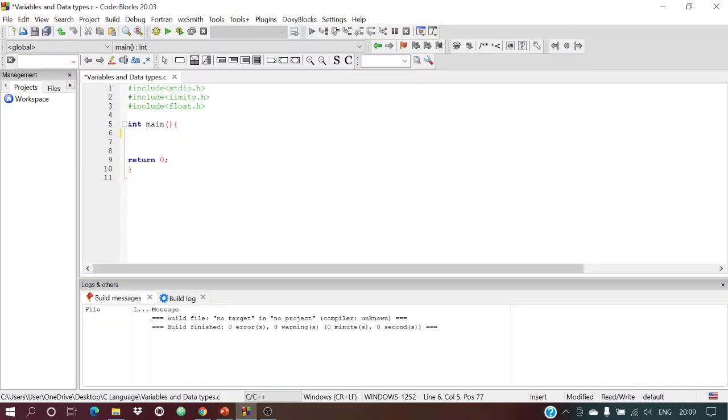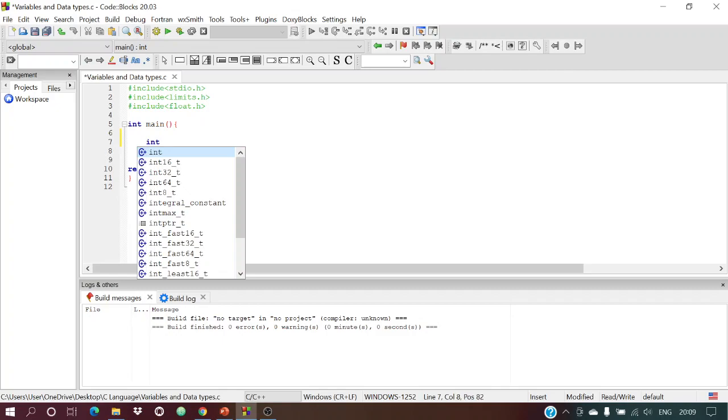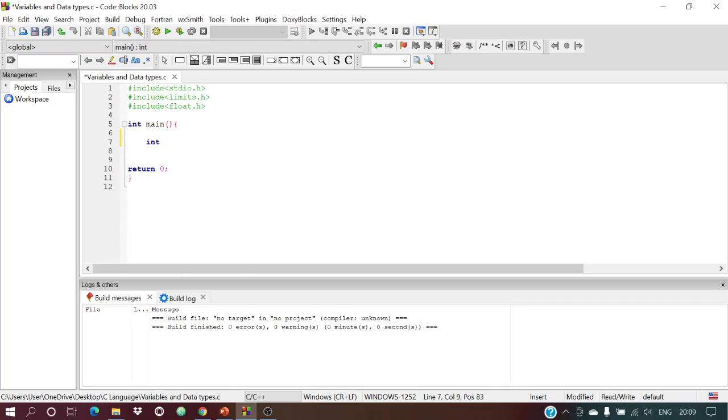See here, I have written the basic code so that not much time is wasted. So suppose we say int num. What will happen is this int will tell the compiler that num is the name of the variable, and how much memory has to be assigned.